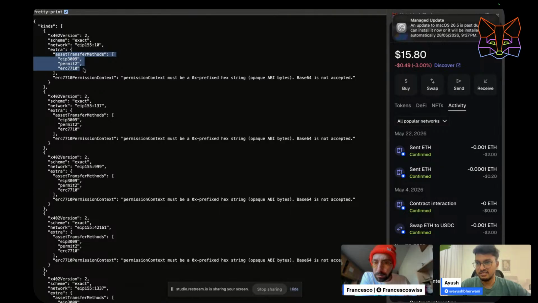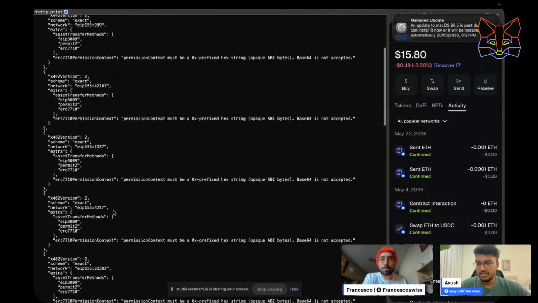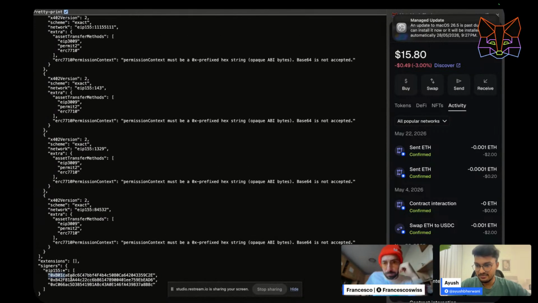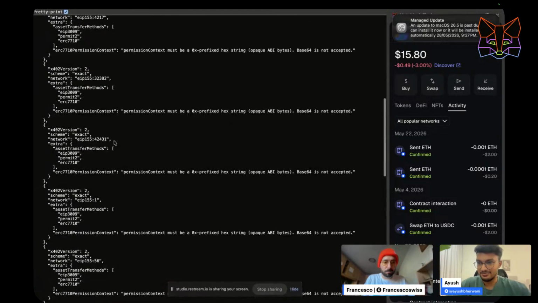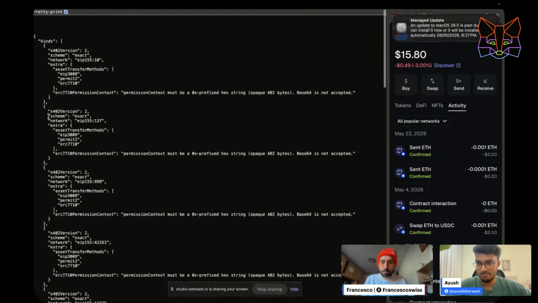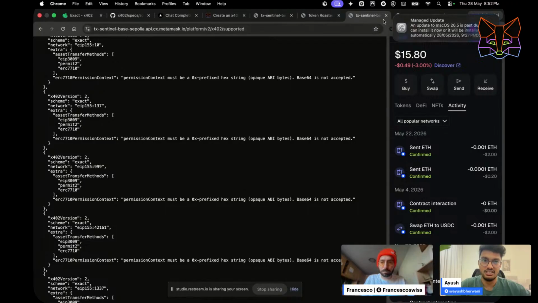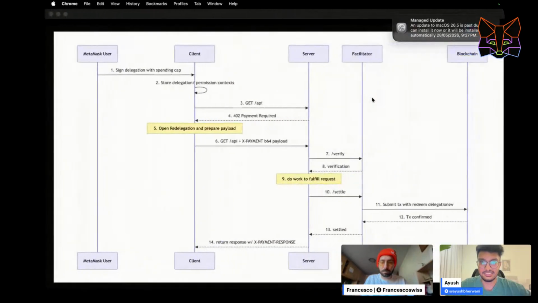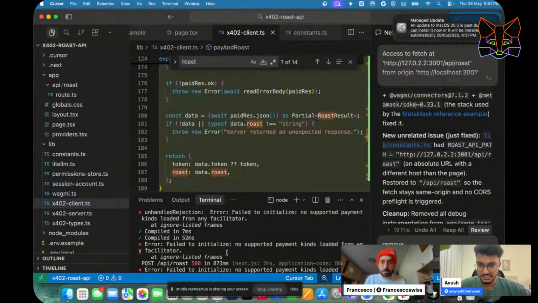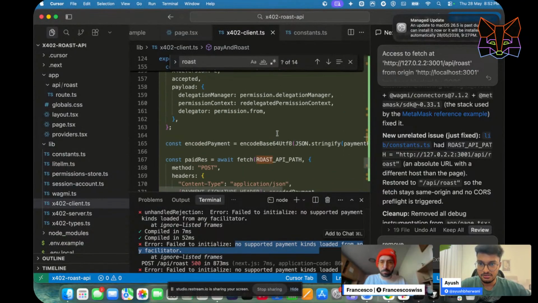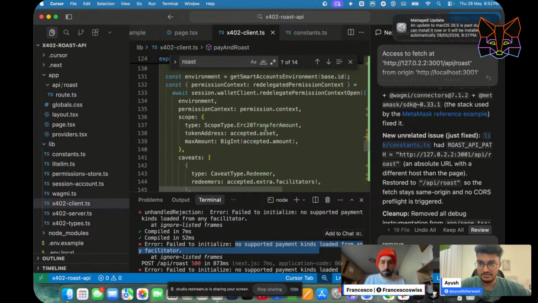Asset, transfer method supported, right? What is required, and this is the signers, which basically we can restrict on the redeemers since we don't have that. Plus what methods are supported, it is trying to check that and throwing the error. This is the no supported payment kinds loaded from the facilitator, so it's basically failing on that.